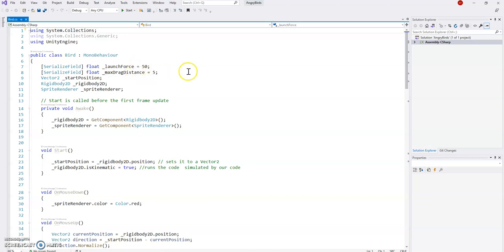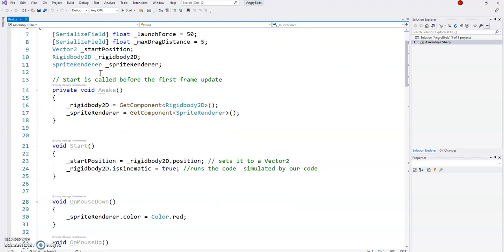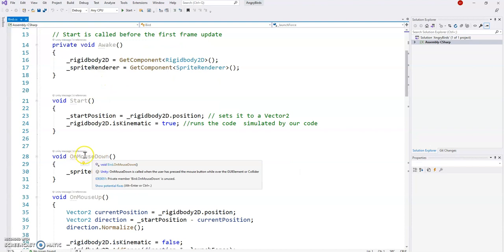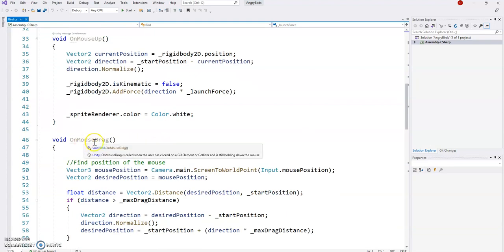Yeah, so for the bird, let me just zoom in a little bit. There's some stuff that's new, some stuff that we've seen before, and we'll work our way through it, so don't worry at the moment. Some of these functions we maybe haven't seen before: OnMouseDown, OnMouseUp, which are built-in functions, and OnMouseDrag. A lot of this we don't have to do too much, it already knows. A little bit of learning here: the mouse position based on the camera, main screen to world point, and then being able to orientate its position so that we can get some direction